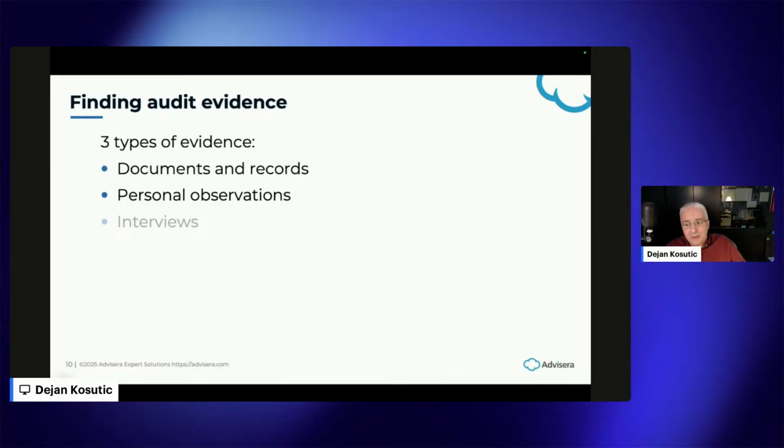Now, in some cases, this personal observation is not going to be enough. So you actually have to do interviews, okay? This is when an auditor speaks to employees and asks them how things are being done. For example, you might have a process where the senior developer needs to check if the code is, let's say, secure, so that the junior developers are writing the code and then sending this code for review to a senior